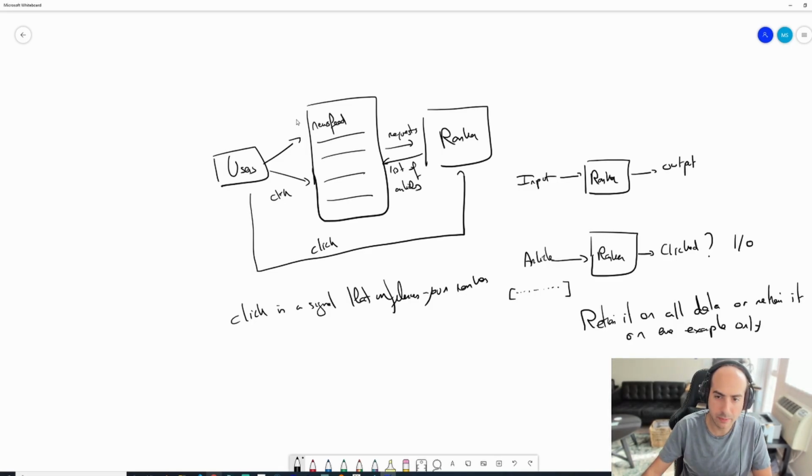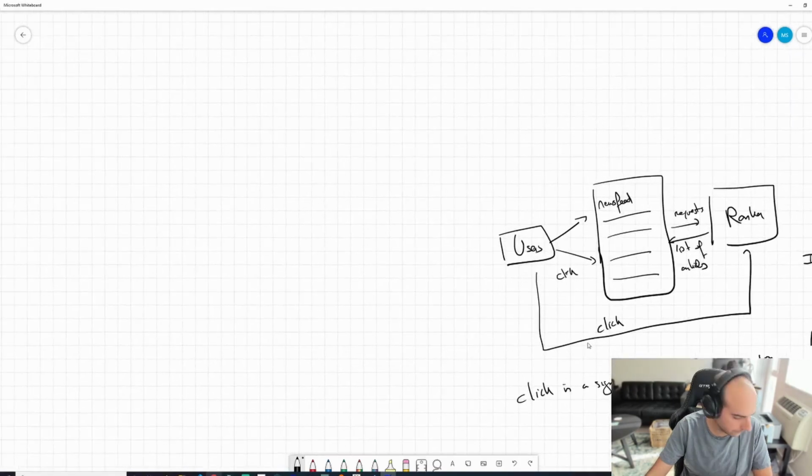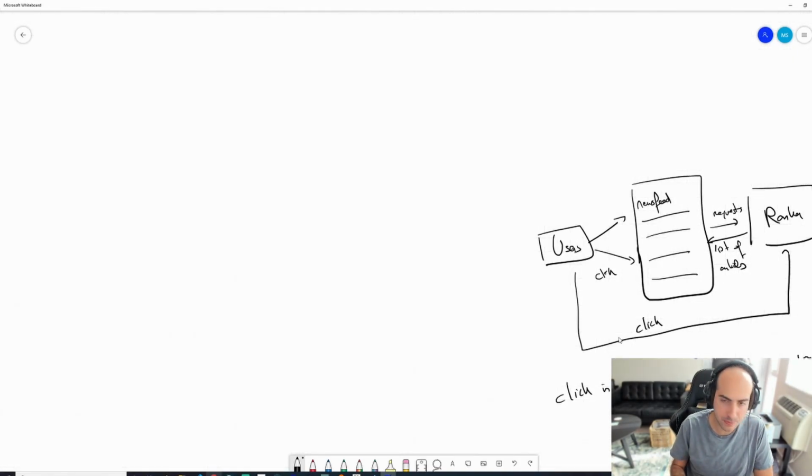Think of it this way: let's say this ranker is some sort of deep model, which basically means you have a bunch of weights W. You have these weights W, and then a new article comes in. At every point where you want to retrain your ranker, you have some existing weights W, and then you do a gradient descent